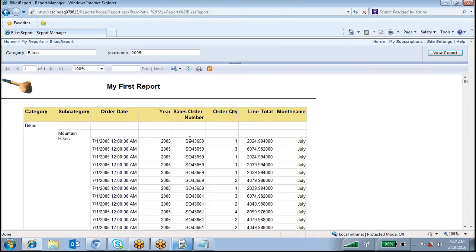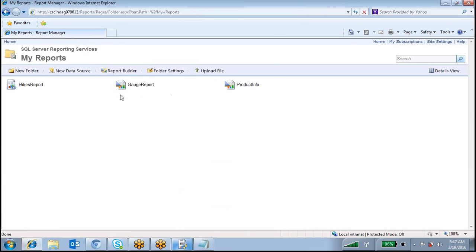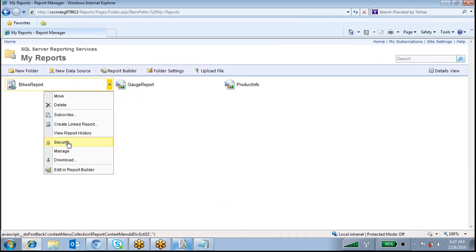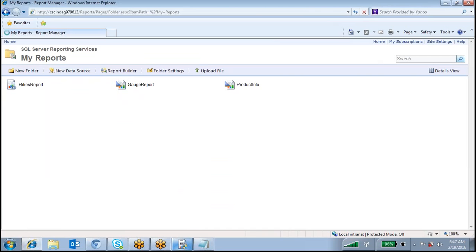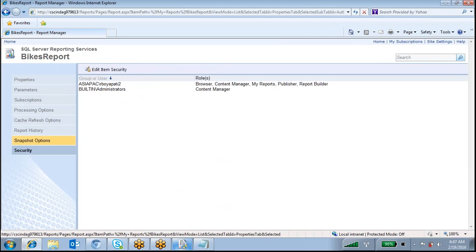Okay, it is giving only bikes information. Come here and we'll see the linked report. See, this is the linked report we have created. So it is different, right? So whenever you are comparing with the normal base report, the linked report is different. Okay, so then you can give security permissions to that particular manager only, that particular user ID only you can add.